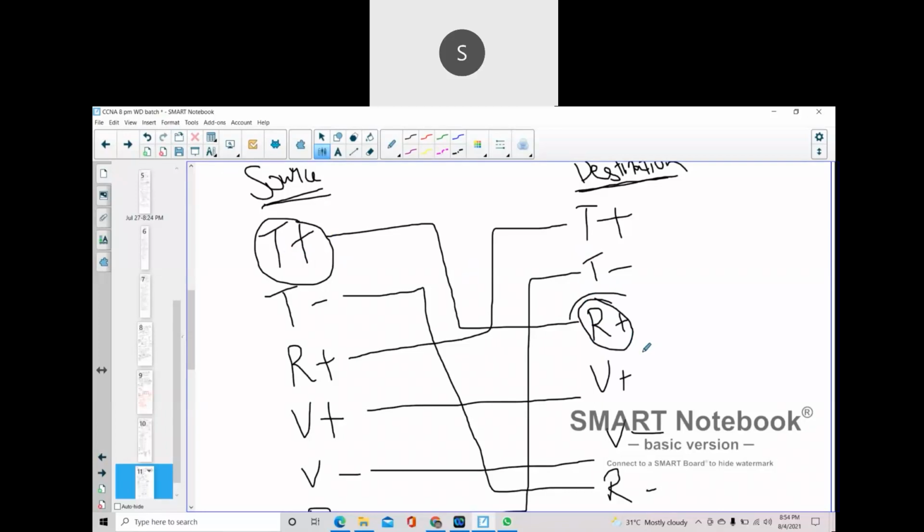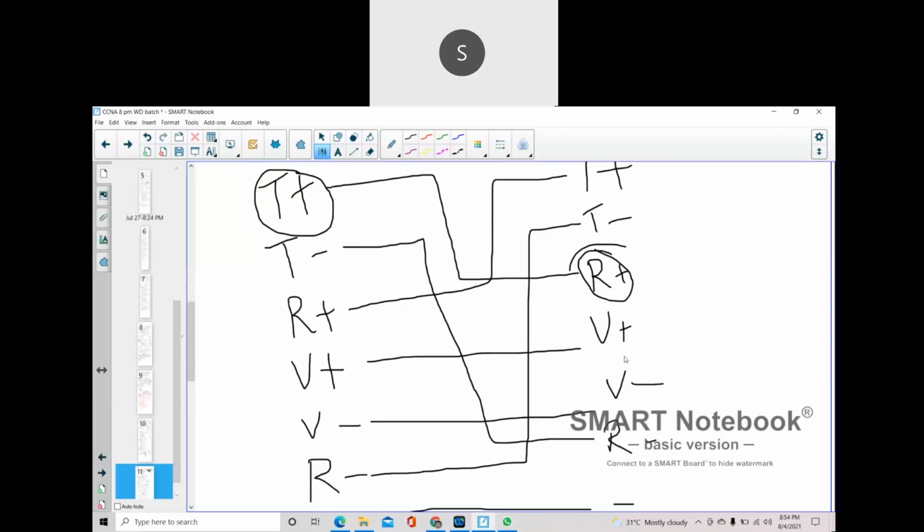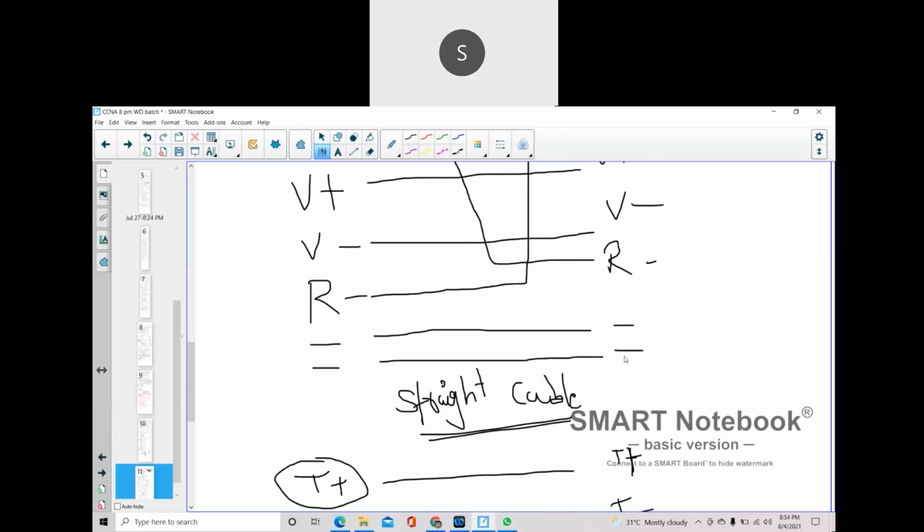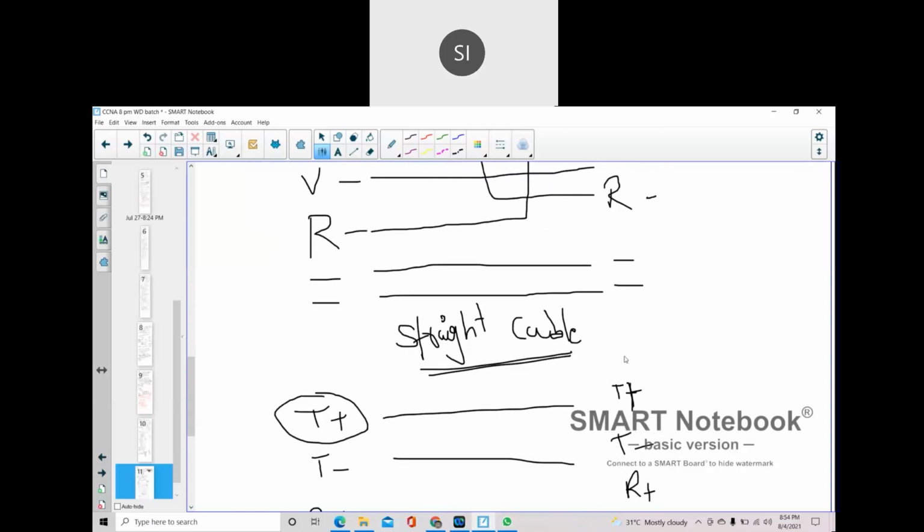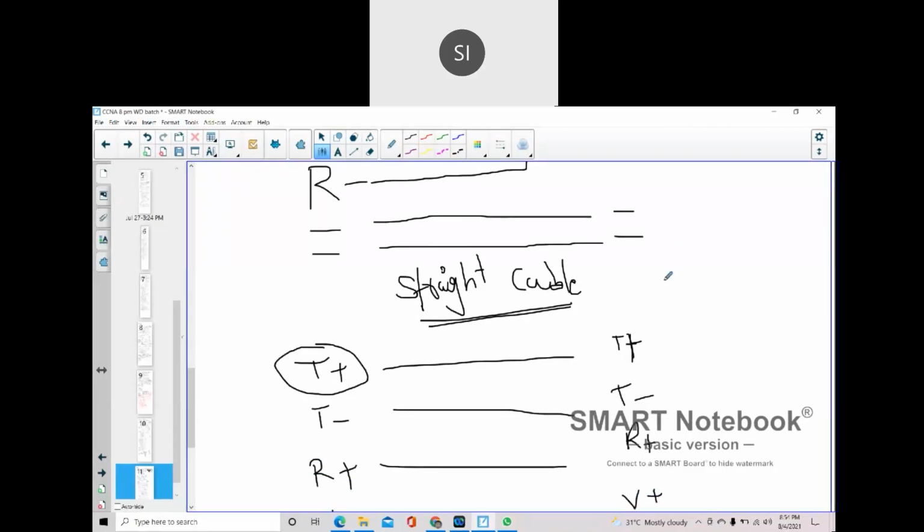For example, if I'm sending a WhatsApp message, which one is more effective, the crossover cable or the straight cable? Actually both are the same only. In the straight cable, there is one technology. I'm not sure of the exact name, maybe SFD.